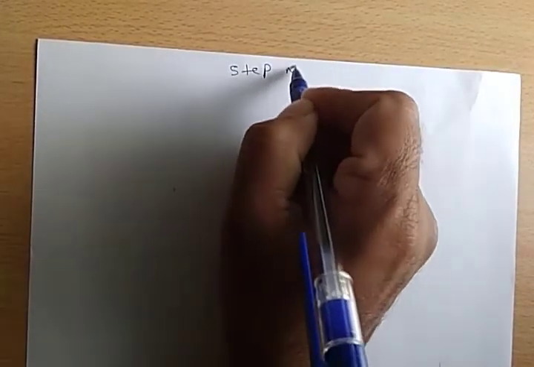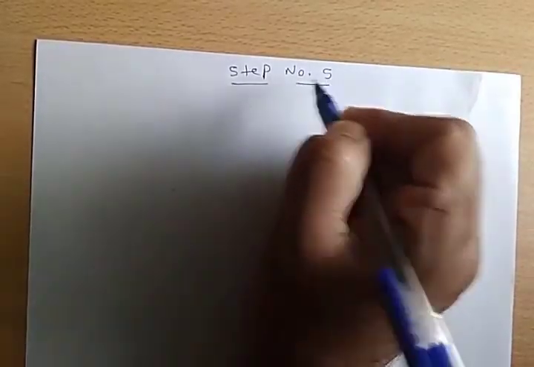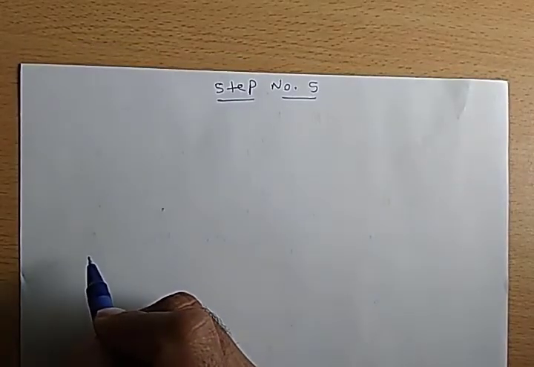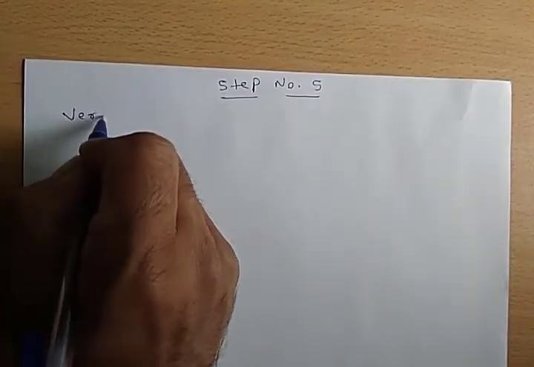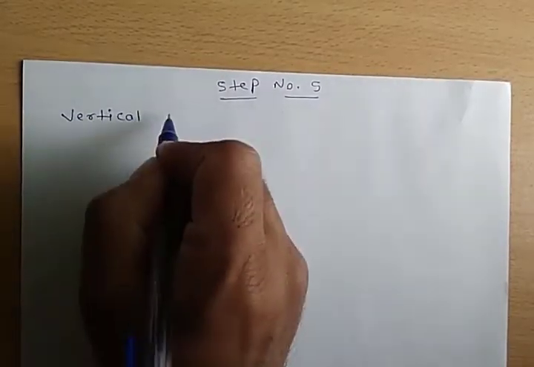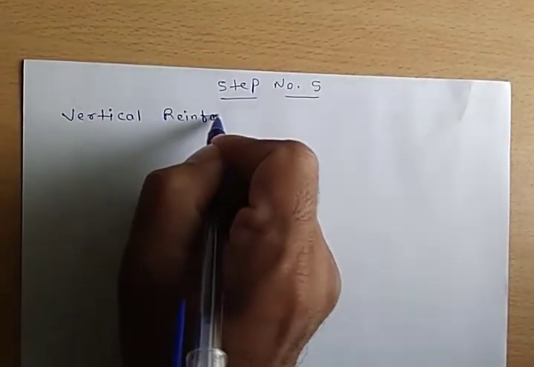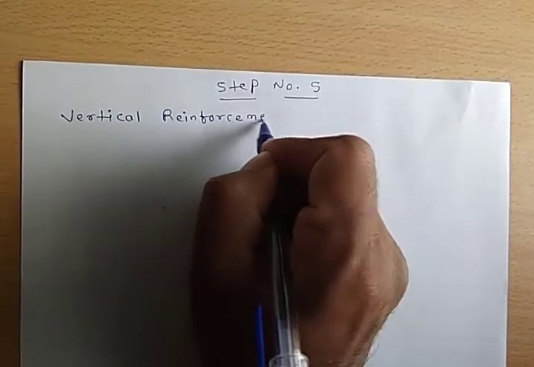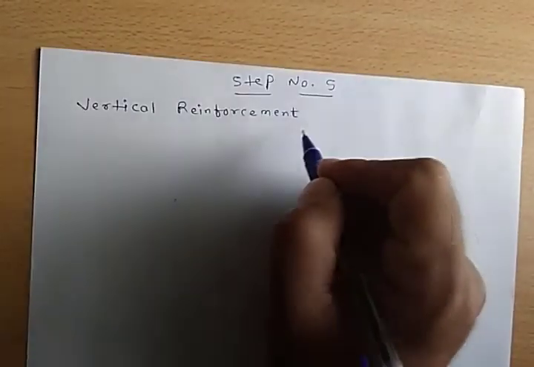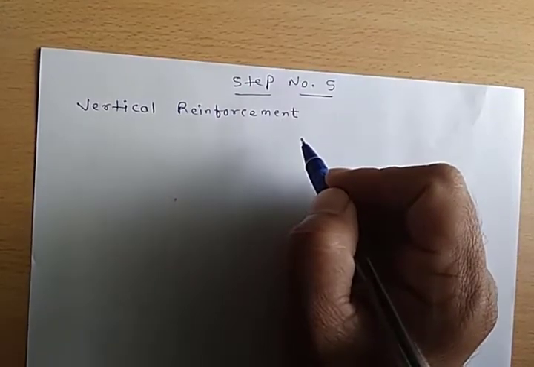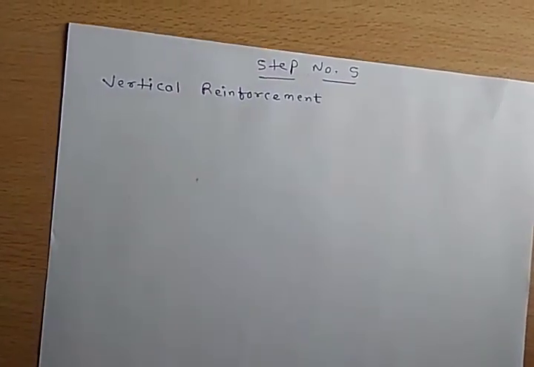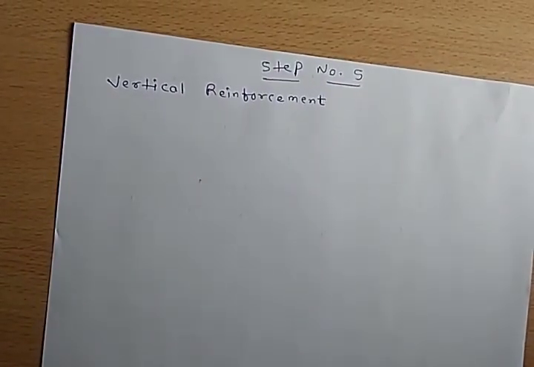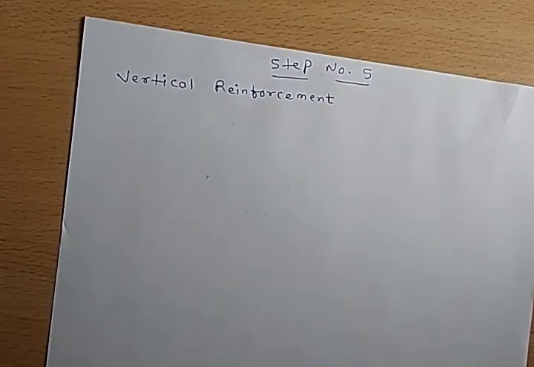So now let us go for step number 5, that is for the vertical reinforcement. Now you can just write down that vertical reinforcement. Okay, so for vertical reinforcement, what you can do is to just make sure about the criteria